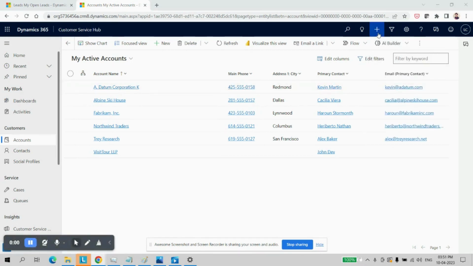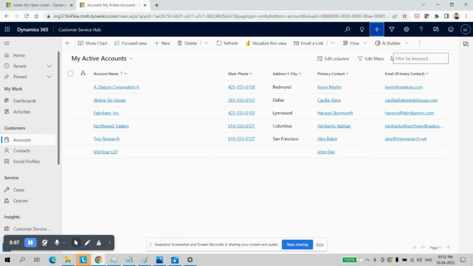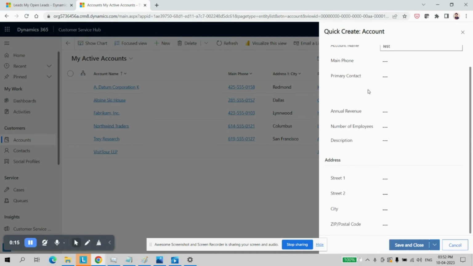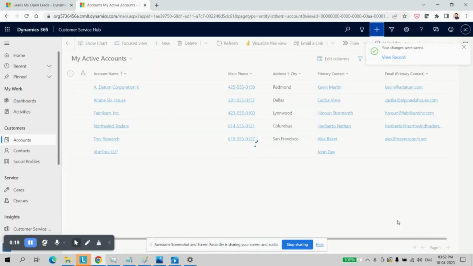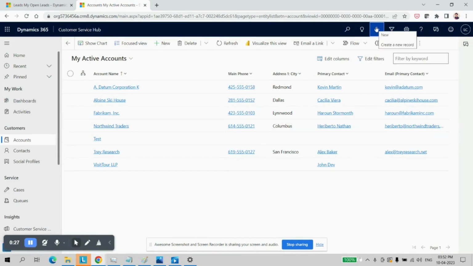So let's try to create an account from here. Whatever mandatory fields are just required to create a record will be shown, and we just try to enter them. So let's say account name is test. All the others are non-mandatory, and so I can quickly create an account record. So you can see the test record is created. Later we can open and modify the record. So with the help of this option, we can quickly create any record without entering any unessential details. Just enter whatever required details are there, and that's it.